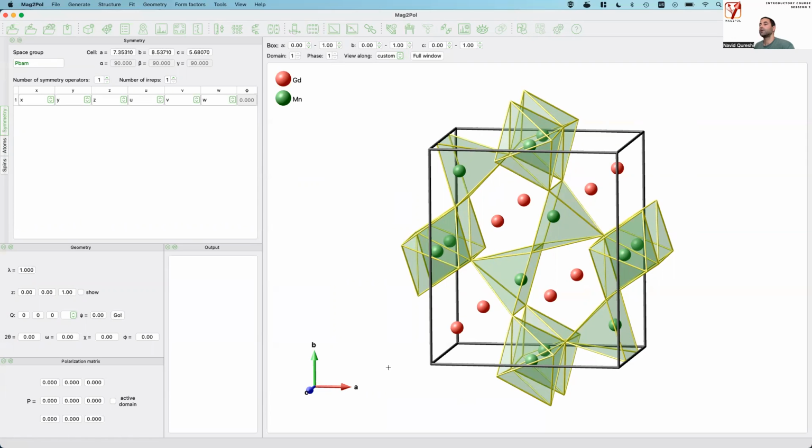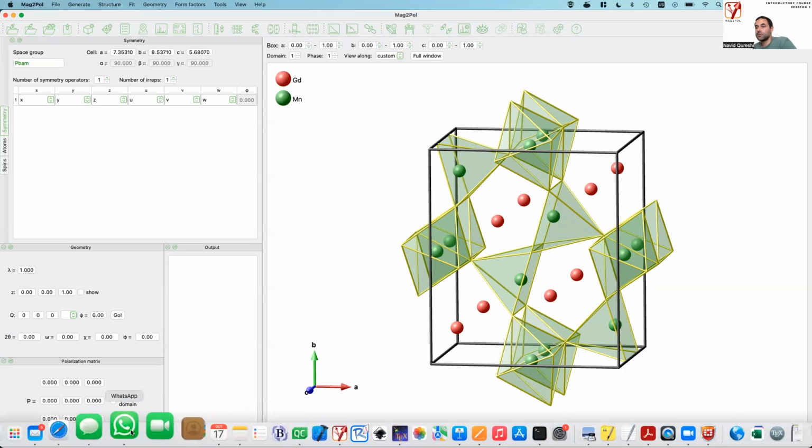So in order to find out which magnetic space groups are compatible with this information, you can use other programs like MaxMag from the Bilbao crystallographic server. And I will show you how nice and easy it is to combine Mag2Pol with those results. So if you use MaxMag,